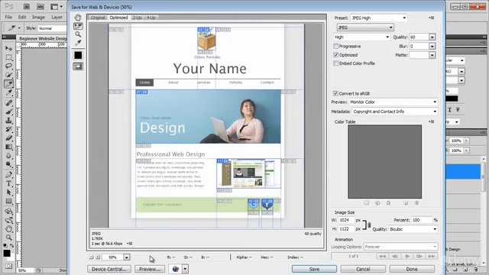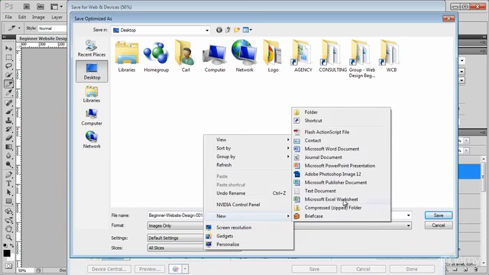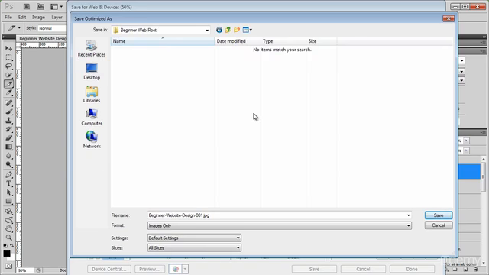Now the important thing about saving is that we want to save it in the right place. So first of all, I'm just going to click on Save, and then it will bring up the desktop, and this is where I'd like you to save it. So this is my desktop, and what I'm going to do is right click and make a new folder. I'm just going to call this Beginner Web Root. Nice and easy. So I'm going to click inside, because this is where I want to save all my images, inside this root folder,